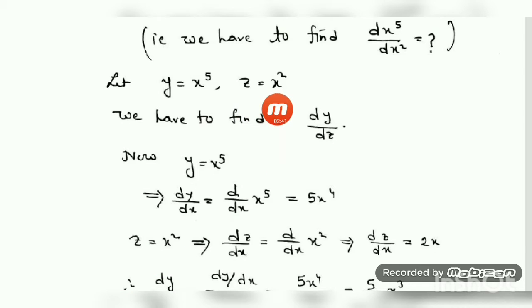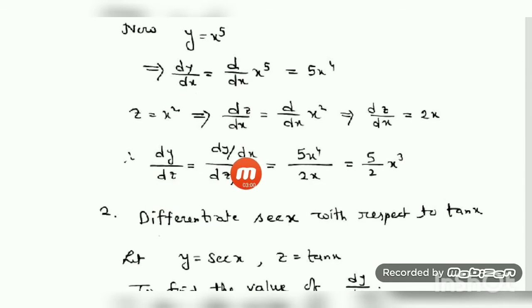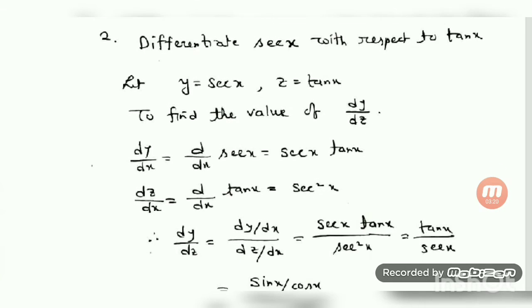After that, in the same way, we are considering z. What is z? z is x square. So d/dx of z is d/dx of x square. That means dz/dx is equal to what? x to the power n formula applied, we get 2x. So we have got dy/dx and dz/dx. Now dy/dz can be written as dy/dx divided by dz/dx. Put the value of dy/dx: dy/dx is 5x to the power 4 and dz/dx is 2x. So substitution gives you 5/2 x cube, and we got our answer. Hope you understand the procedure. I give here some more examples, then the questions will be more clear to you.